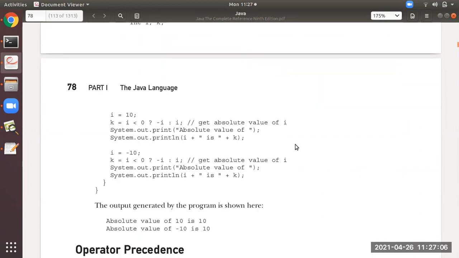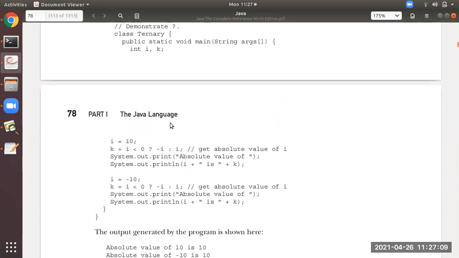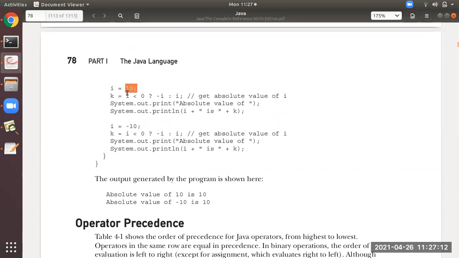Then this is a simple program. You will practice this. I equal to 10, 10 less than 0. Then k will be initialized with minus i, that is minus 10. Sorry, I was wrong. This is the ternary operator. Over here i is less than 0, that is 10 is less than 0, that is false, so the answer will be expression 2. So k will be 10. So over here it will print 10, here also it will print 10.